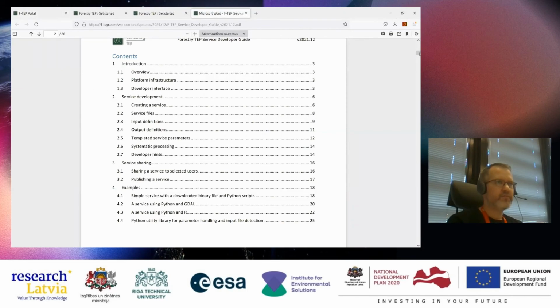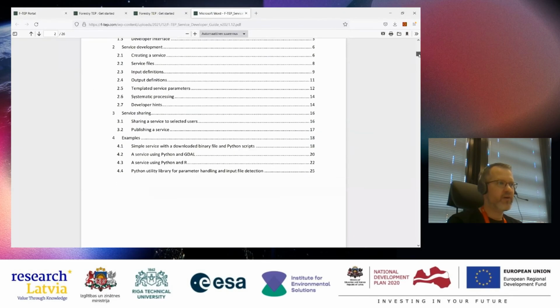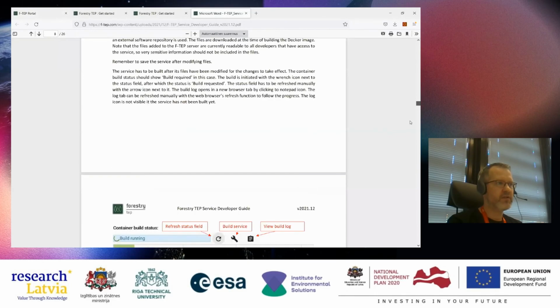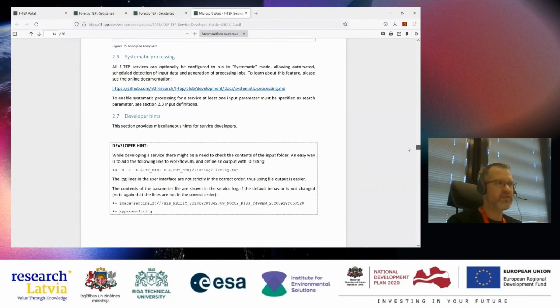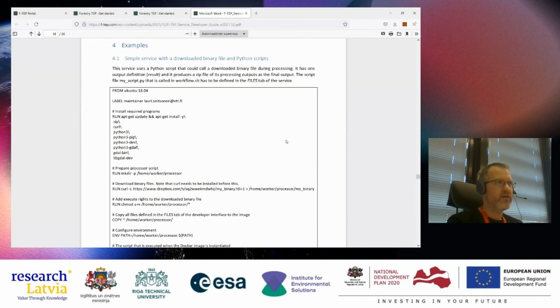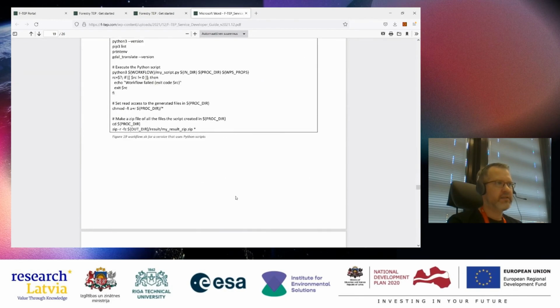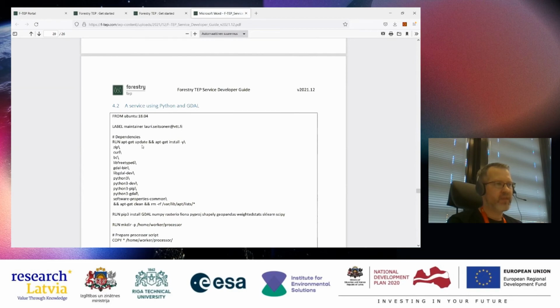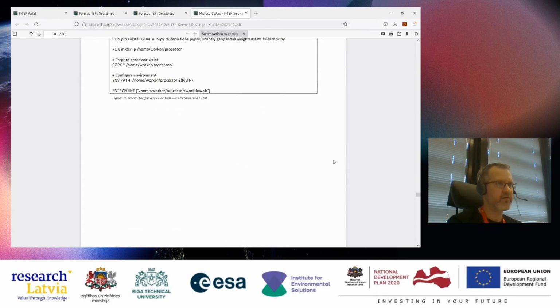But this service developer guide also contains some code samples. For example, how to download binary files in the Docker file, what's needed to create a service that uses Python and GDAL, which are quite common tools.